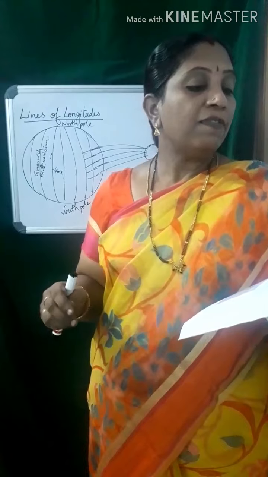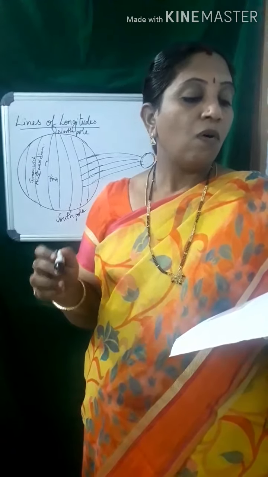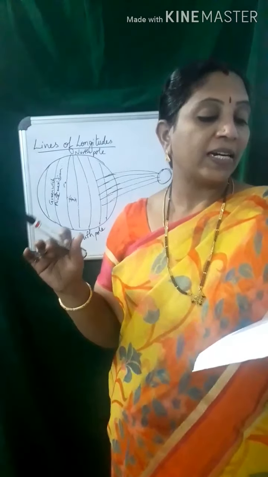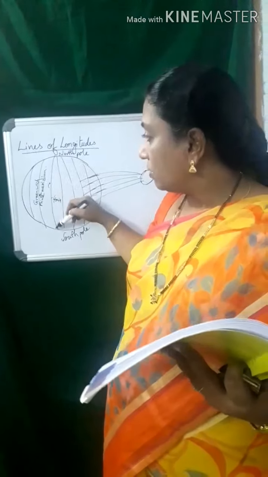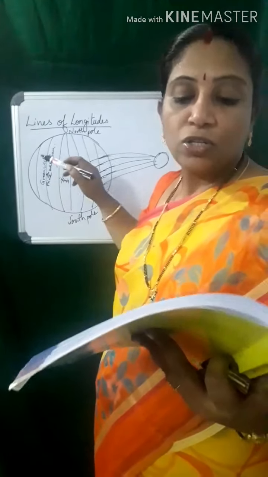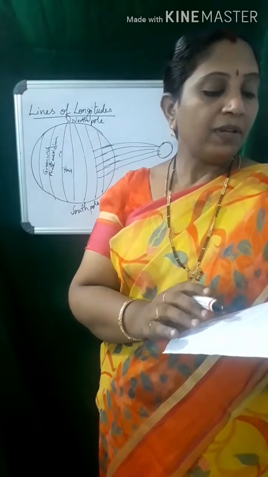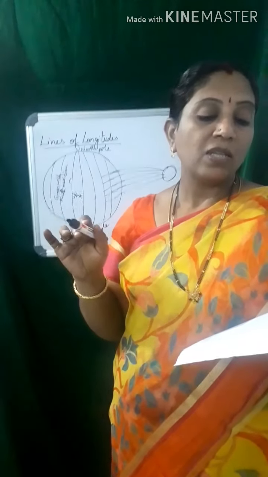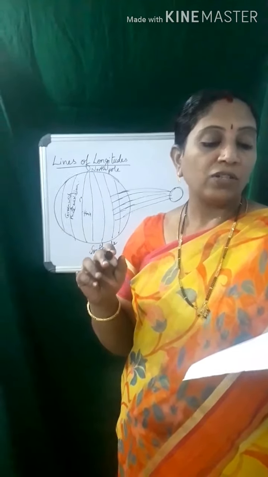So let us see. If all places followed their own local time, the change in time from one meridian to the next would create a lot of confusion, especially in countries with a large longitudinal extent. See, from here to here it is a little less, but here it is long. So for those countries having the longest extents, to deal with this problem, every country has a standard time. This is the local time of the meridian passing midway through the country.